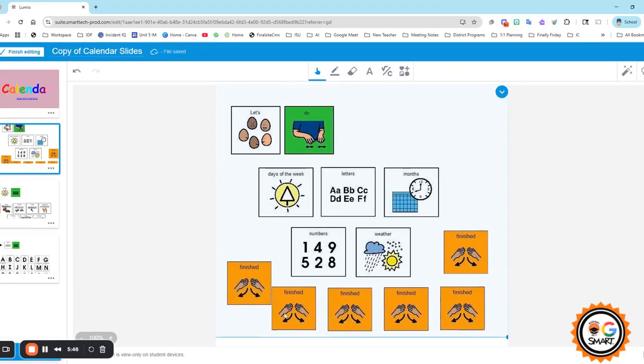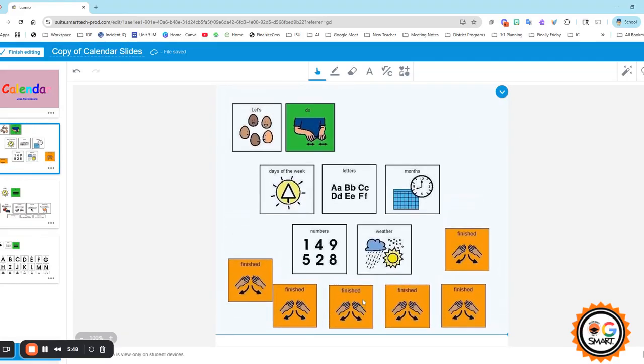If you want to be able to, say, have the students come in here and cover things by moving these finished buttons, then you want to make sure that you choose that bottom section where it says editable, and that's going to allow you to manipulate the